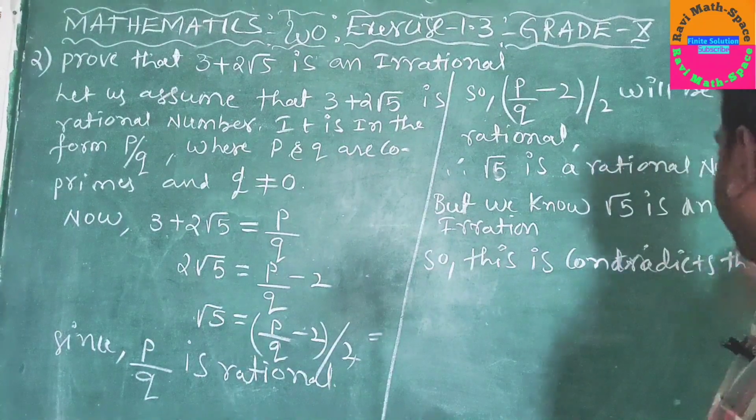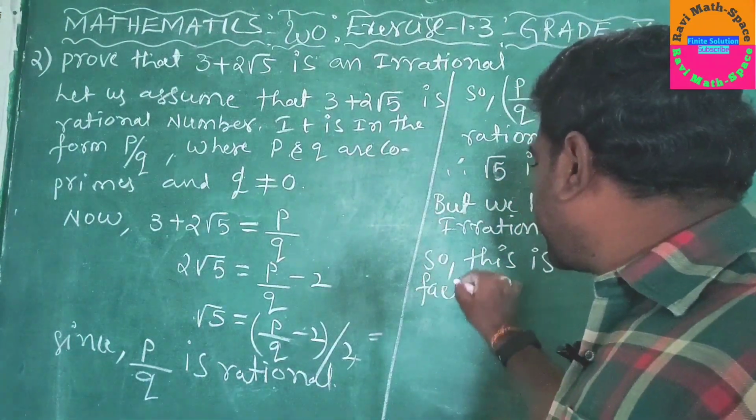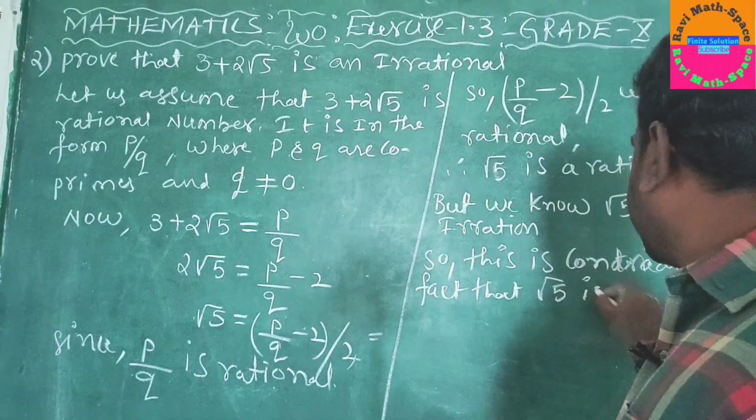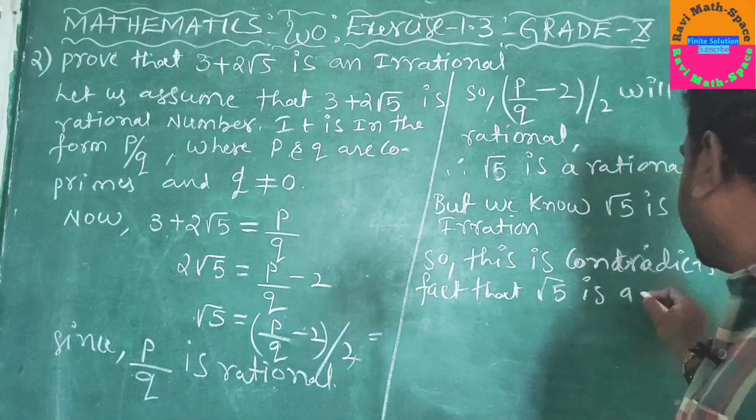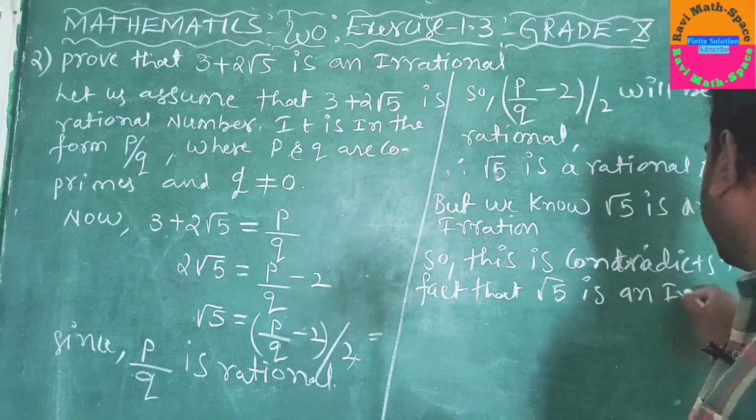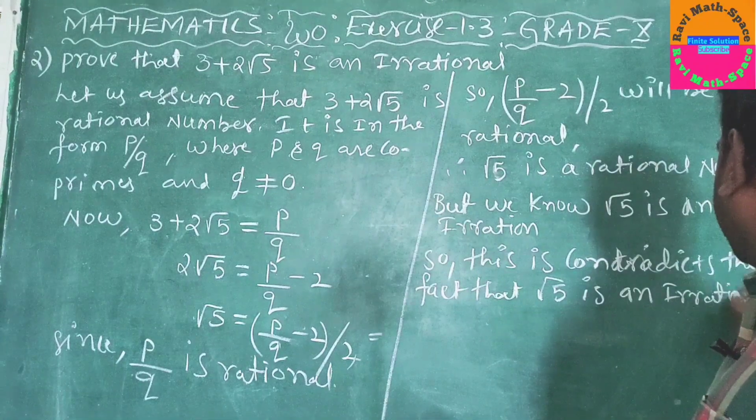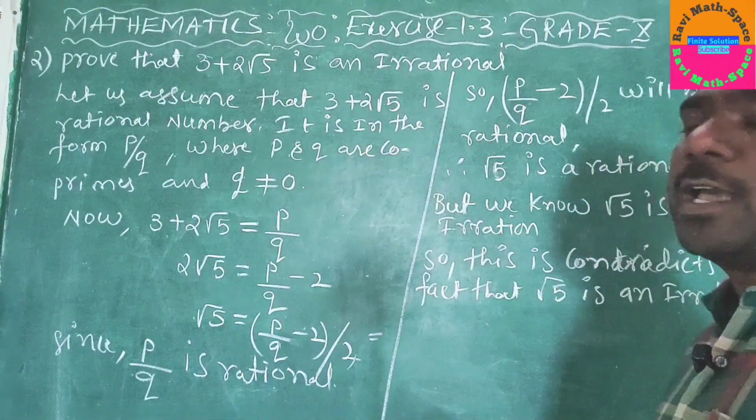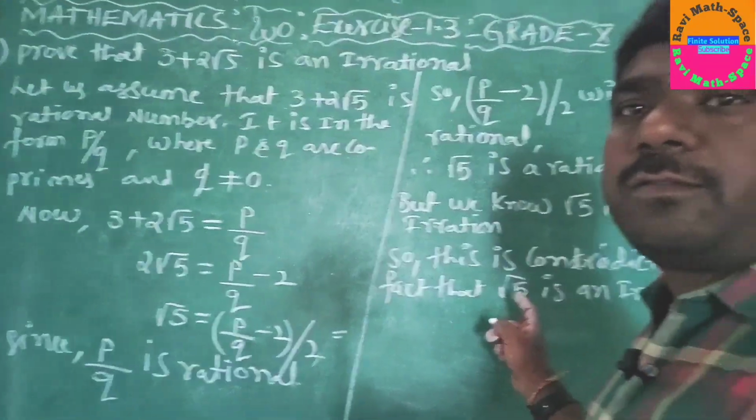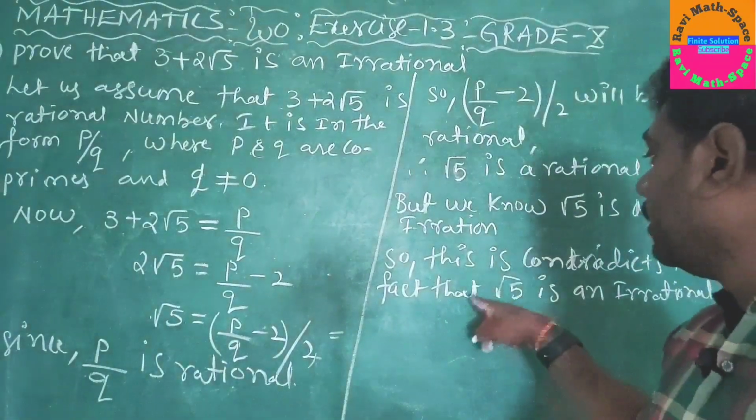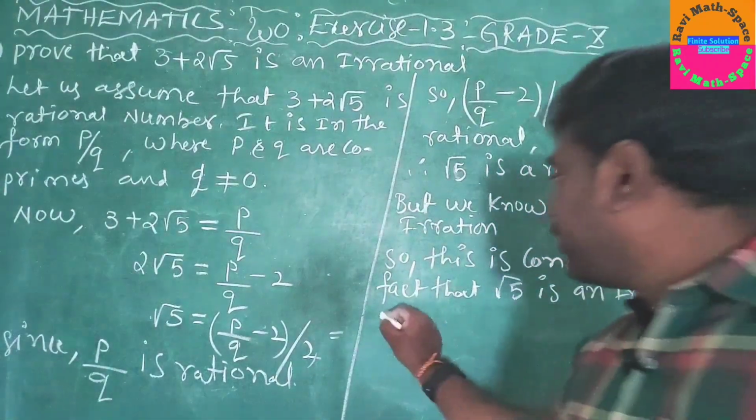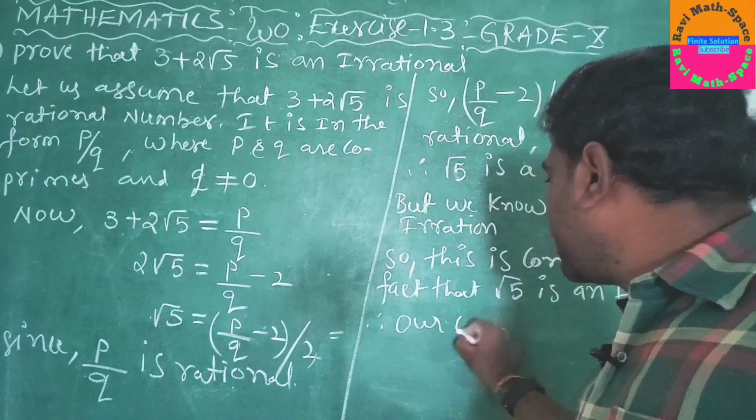the fact that, what is the fact here? Root 5 is an irrational number. So here this fact is there. Now this fact has become a contradiction. Contradiction means wrong. Therefore our assumption